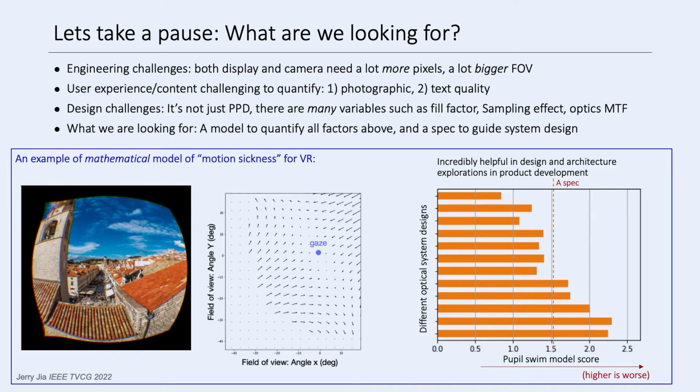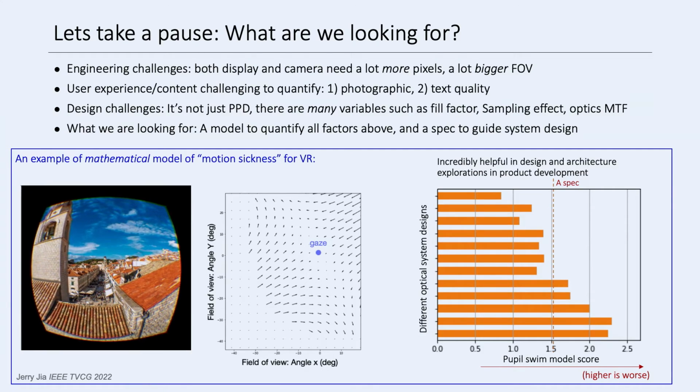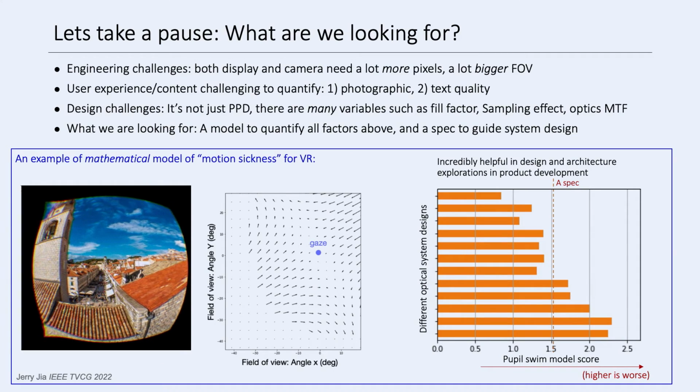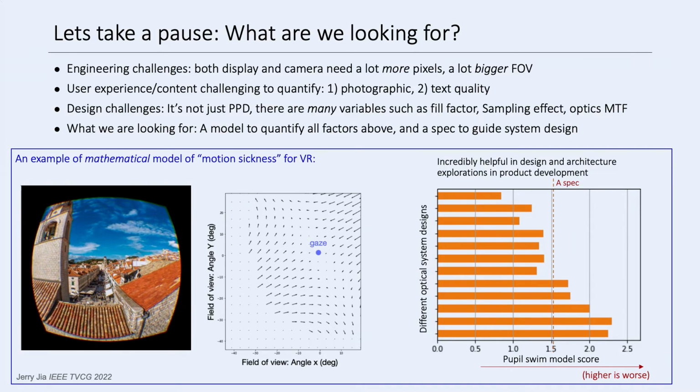So let's take a pause. What are we looking for here? I think engineering challenges: we know that for VR, we need a lot higher density pixels and a bigger field of view. And the user experience depends on the application. How do we adapt to different applications? And design challenges, not just PPD. There's fill factor, there's the sampling effect, there's also the optics side. What we're looking for is a model to quantify all the factors above and a spec to guide the optical